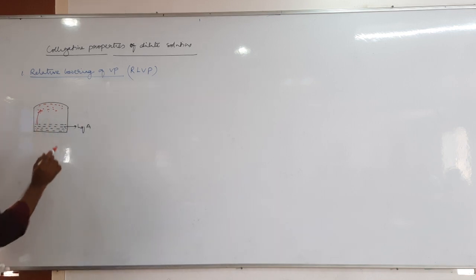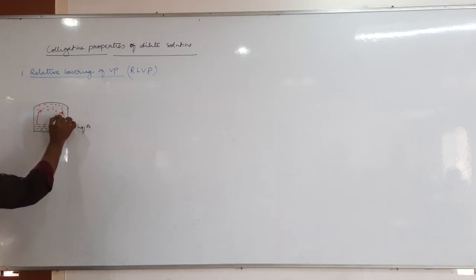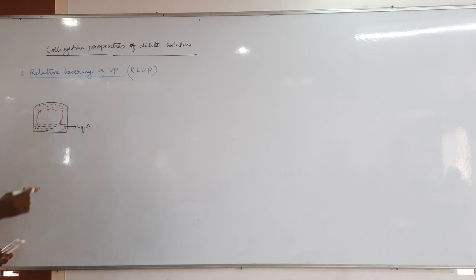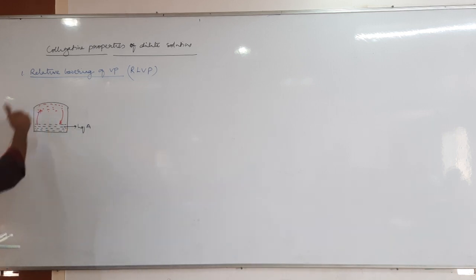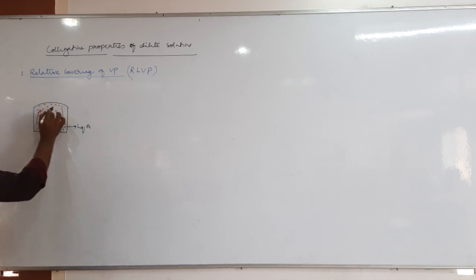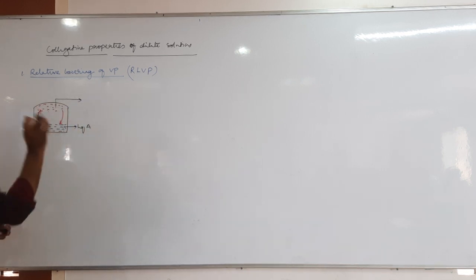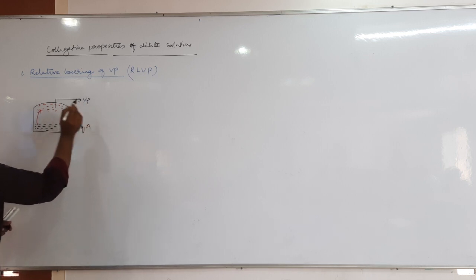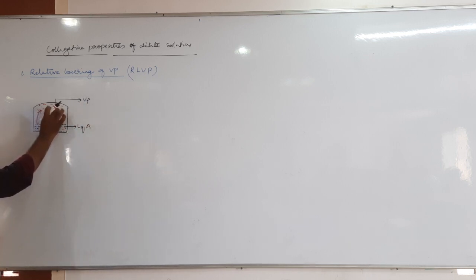Next, after some time, these vapors again condense to form liquid, but at a particular stage the rate of vaporization is equal to the rate of condensation, which is called equilibrium. At equilibrium it has a certain pressure, no? These vapors can exert a certain pressure. That pressure is called vapor pressure. That means the pressure exerted by the vapor of a liquid when vapor and liquid both are in equilibrium is called vapor pressure. So this we have studied in detail, right?